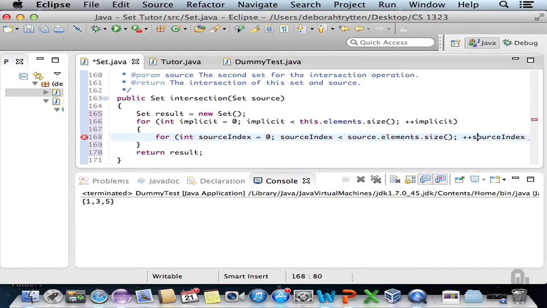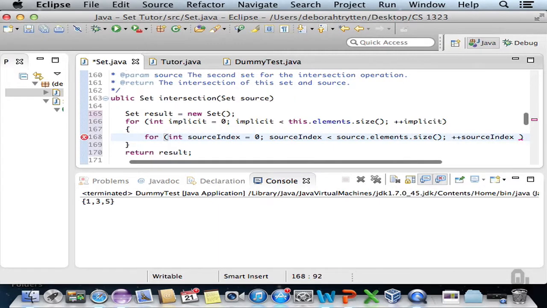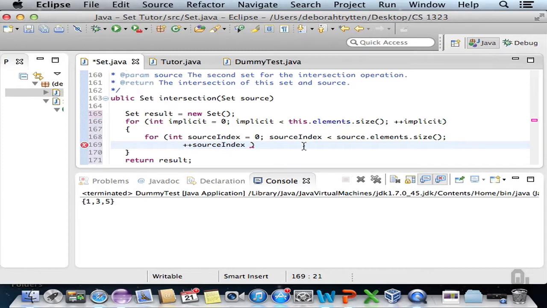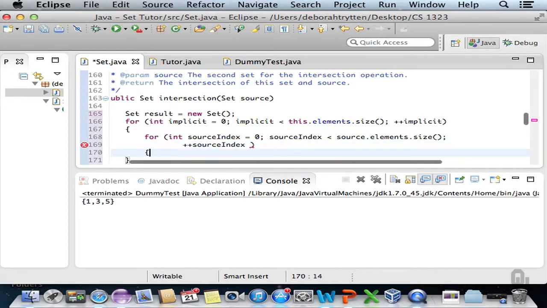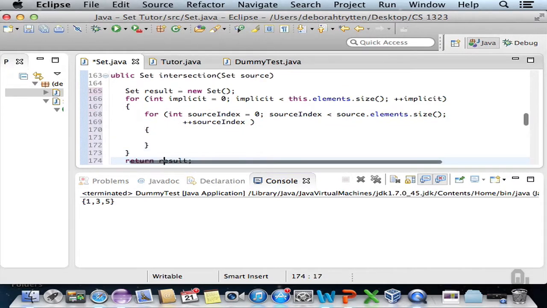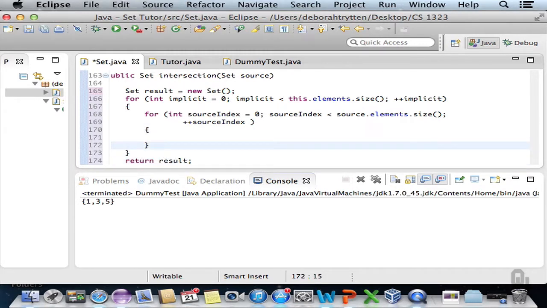Now you can see I've gone off the screen here. So of course, we always rewrite that method so that we can see all of the data that's on the screen. And let's put some comments in here so we know which loop we think is ending in which curly brace. Okay, so what we need to do is to compare these two elements. So if